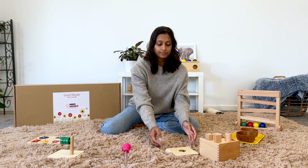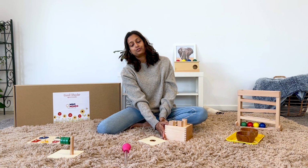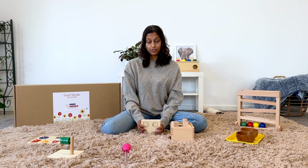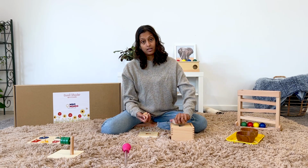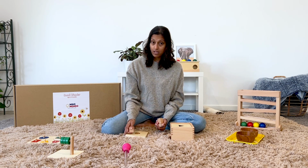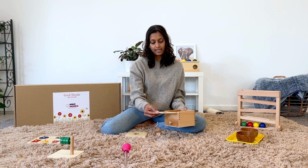The next in our bundle is a combination of posting activity as well as object permanence, plus the introduction of concrete shapes. So if your child does not have our previous bundles and has not been introduced to the blocks, that's fine too. This is a posting activity which has these insets,